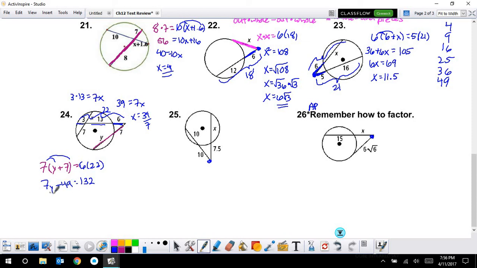So when I subtract by 49, I get 7y equals 83. So when I go to divide by 7,